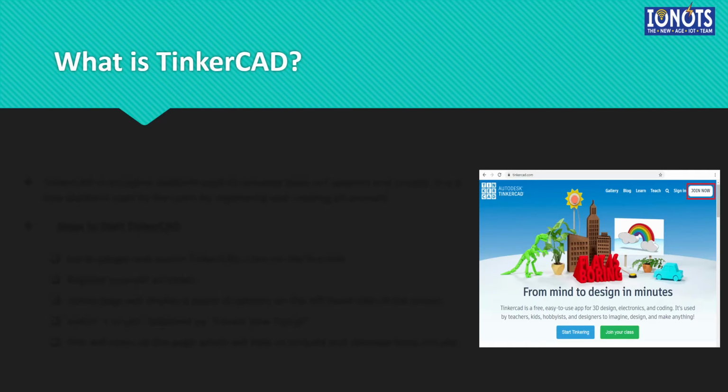So what can one do with TinkerCAD? Basically, on TinkerCAD we can select the microcontroller we want to use, we can select the sensors we want to use, we can select LEDs, resistors, and we basically make a connection. Then we also have a portal in order to code in Tinker. We code over there and then we upload the code. So what will Tinker do? Tinker will simulate that code and put it on the virtual hardware and tell us how it will perform